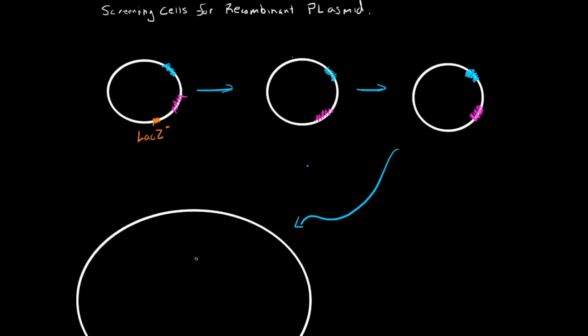So this medium here contains ampicillin, and it also contains a chemical that is called X-gal. X-gal produces a blue substance when it is cleaved, and the beta-galactosidase will cleave this. So if the beta-galactosidase is present in the bacterial cell, that means that the recombinant plasmid did not get included into it, and it will turn blue. So if we looked at the medium, we would have a bunch of little blue bacterial colonies that are turning blue. But how do we know what ones